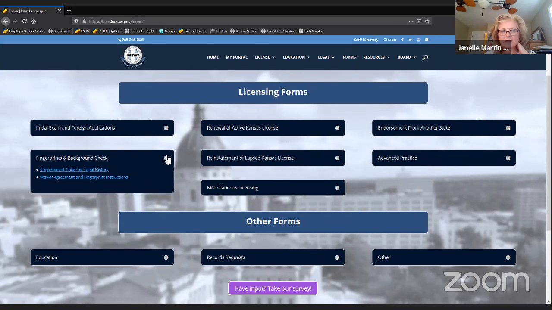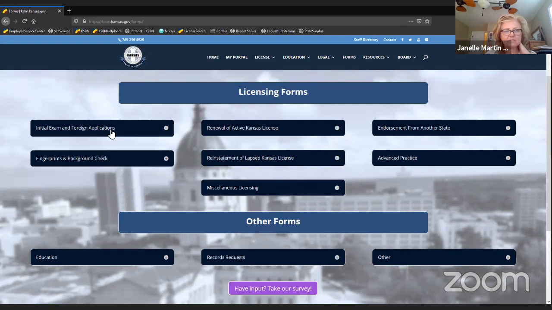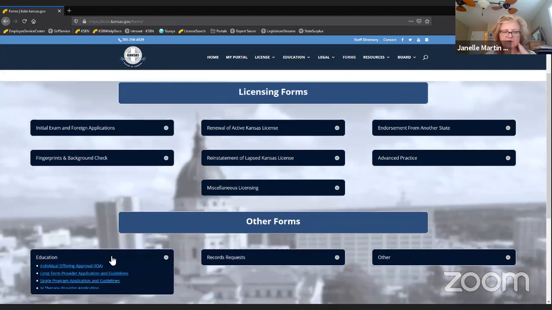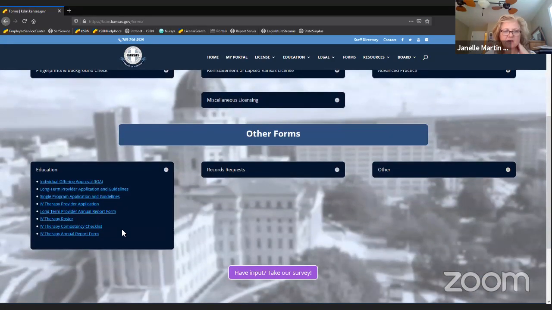There is also, I think under initial exam, Colton, if you could go there. Yeah, the test before transcript form is there. I can't remember what's on the education drop-down under other. I think that's mostly continuing education.